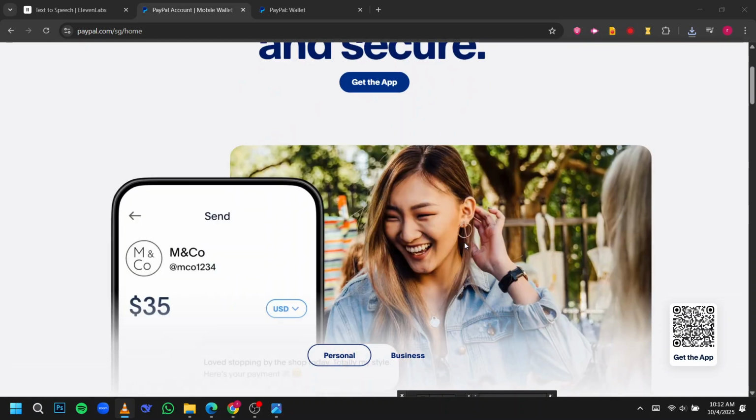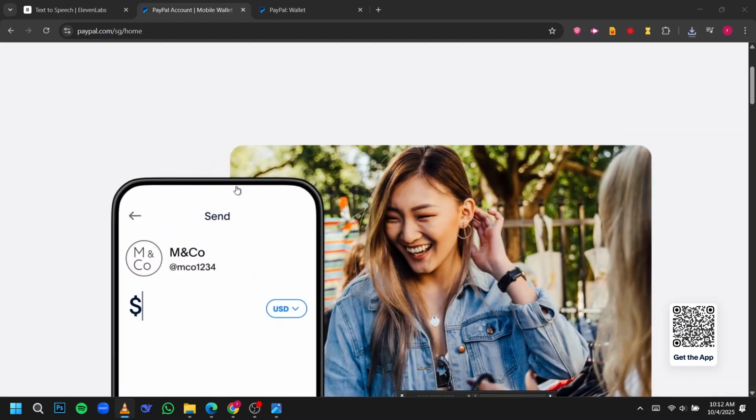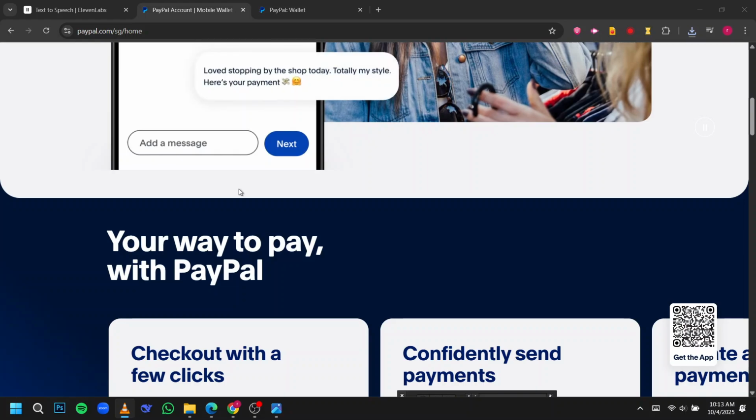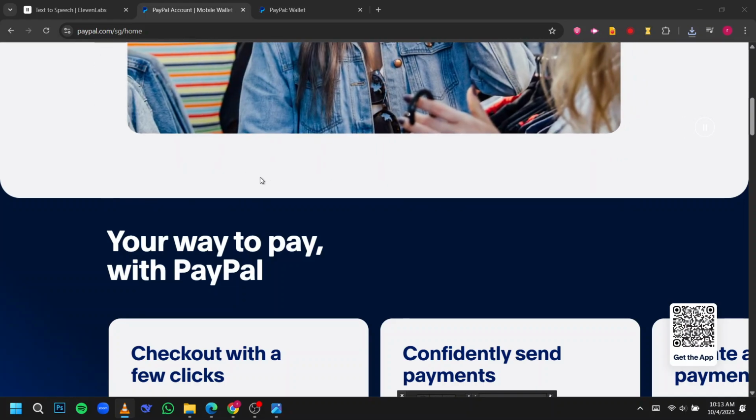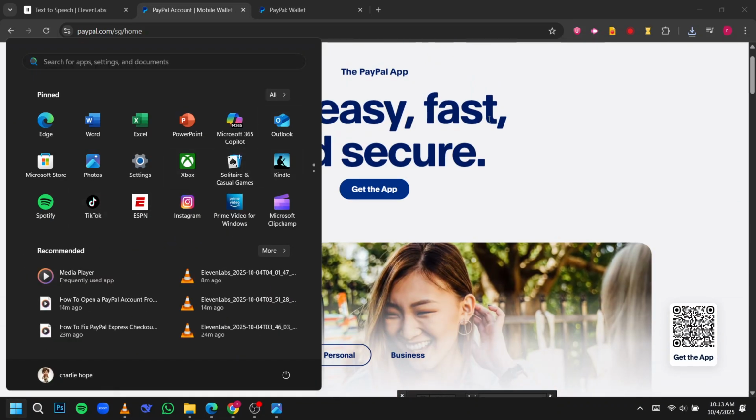Today's video, I'm going to teach you how to transfer money from Chase to PayPal and how to link your Chase bank account to PayPal. This guide is straightforward and I'll walk you step by step to make managing your finances seamless. First, open a web browser on your desktop or mobile device and navigate to